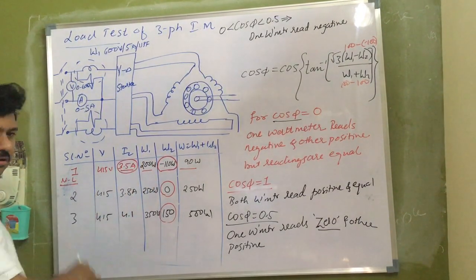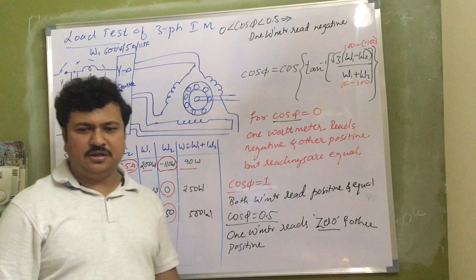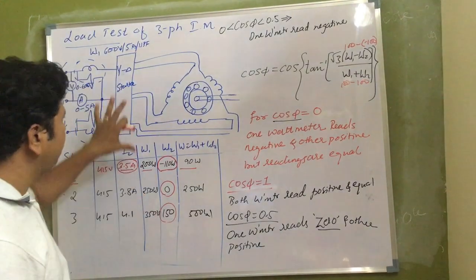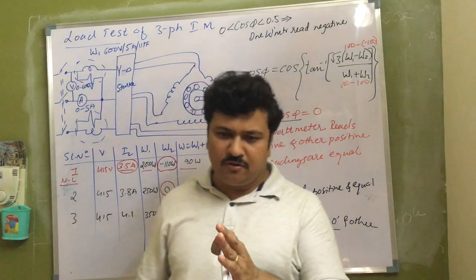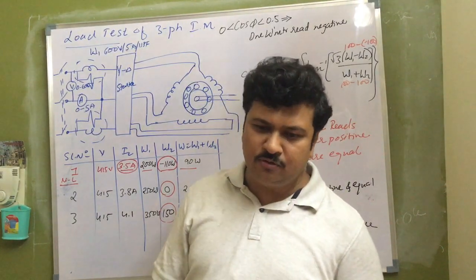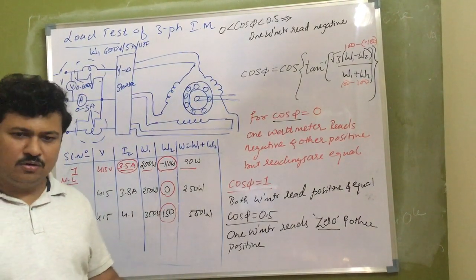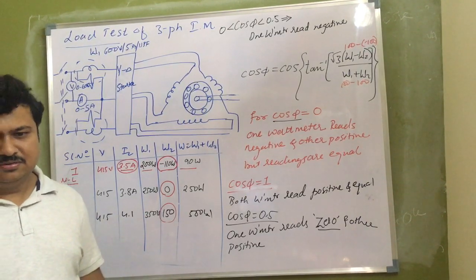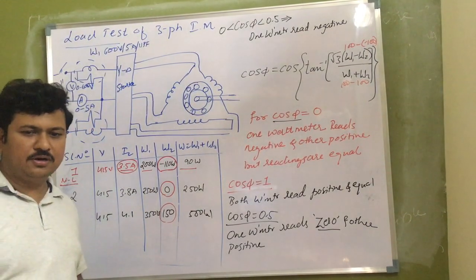Now at no load the power factor is greater than 0 but less than 0.5. So that is called the low power factor range. If I have to operate the motor at no load and take the readings, I use an LPF wattmeter. That is the reason why in the previous semester, in the no load test of the transformer, we used an LPF wattmeter and in the full load test we used a UPF wattmeter, because at no load both the transformer and the induction motor will be in the low power factor range. That is why I chose a low power factor wattmeter at no load condition.